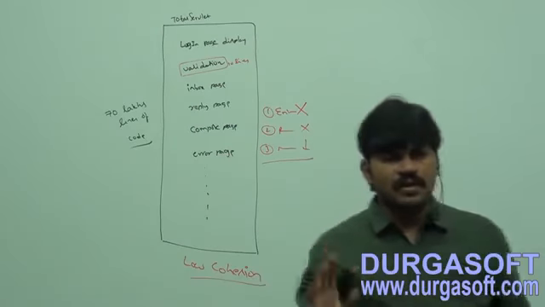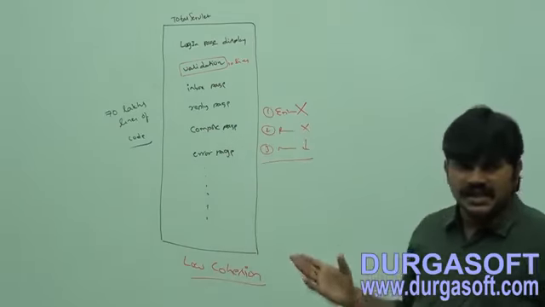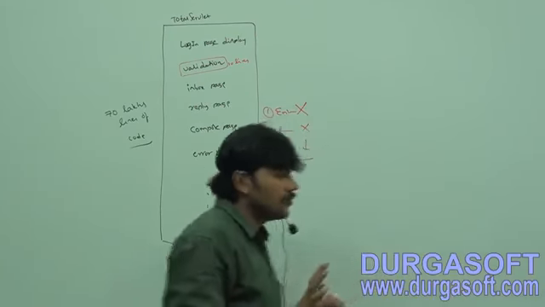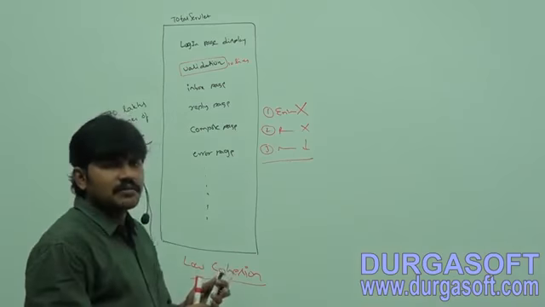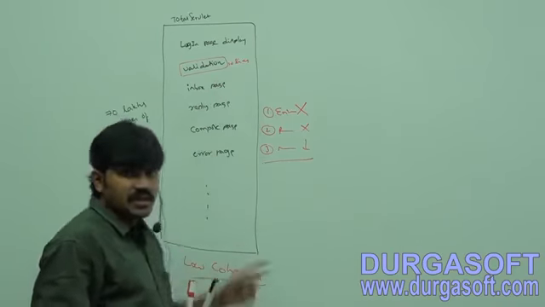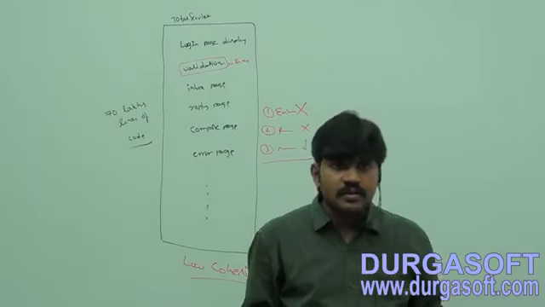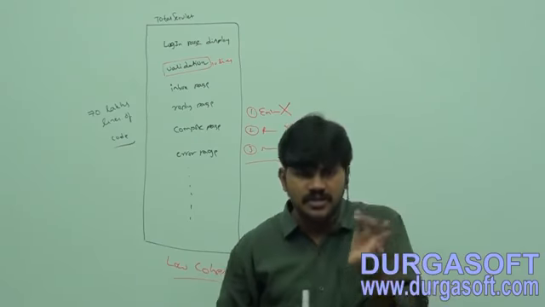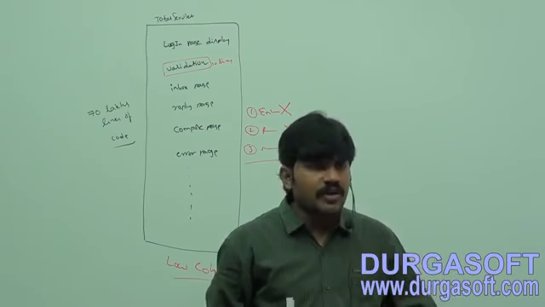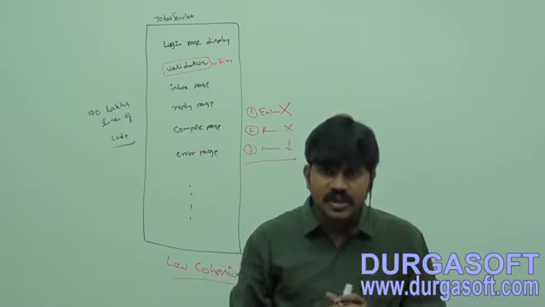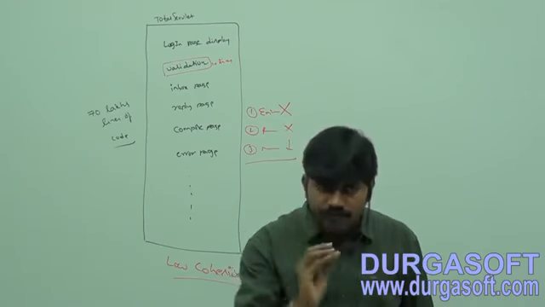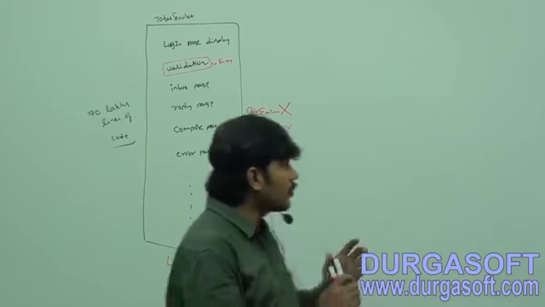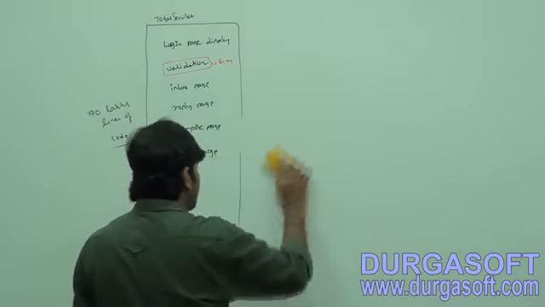N number of problems are there if I follow this type of designing. So what I have to do is simple: total functionality shouldn't be defined within a single servlet. For every functionality, maintain a separate component. Login page: login.jsp. Validation logic is required: validate servlet. Inbox page is required: inbox.jsp. For every separate functionality, it's better to maintain a separate component. I want to redesign the same servlet in this style.